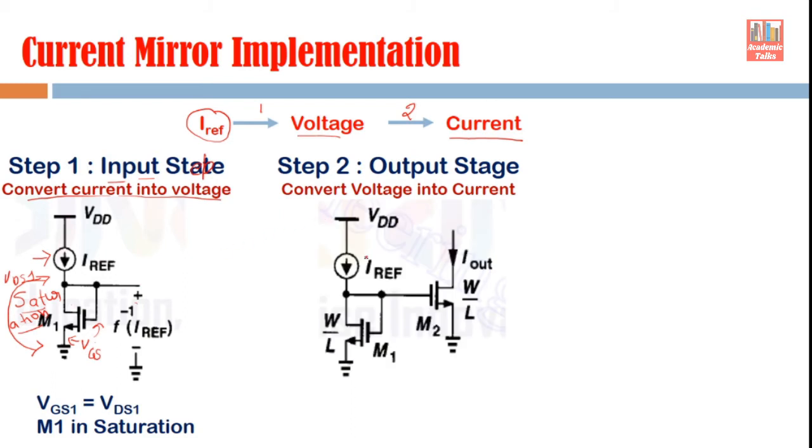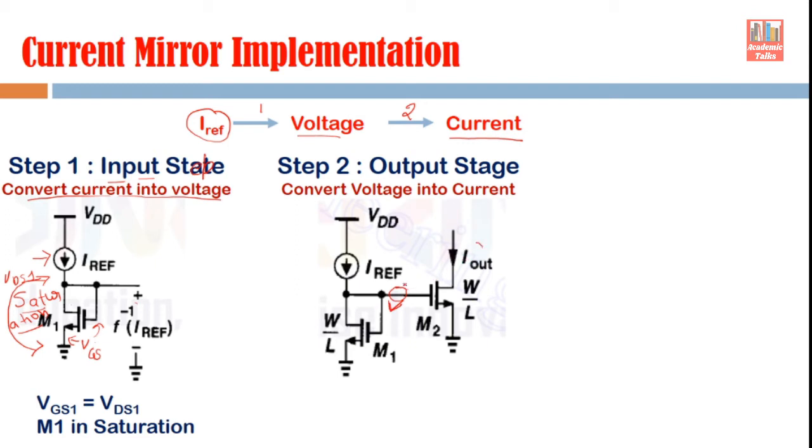So that arrangement is like this. Whatever voltage you are getting here, right, that voltage is being applied to the input of this second transistor M2. So this voltage will control the current here. So now you can see that from this reference current we have produced one voltage here, and this voltage V is deciding this output current, right?